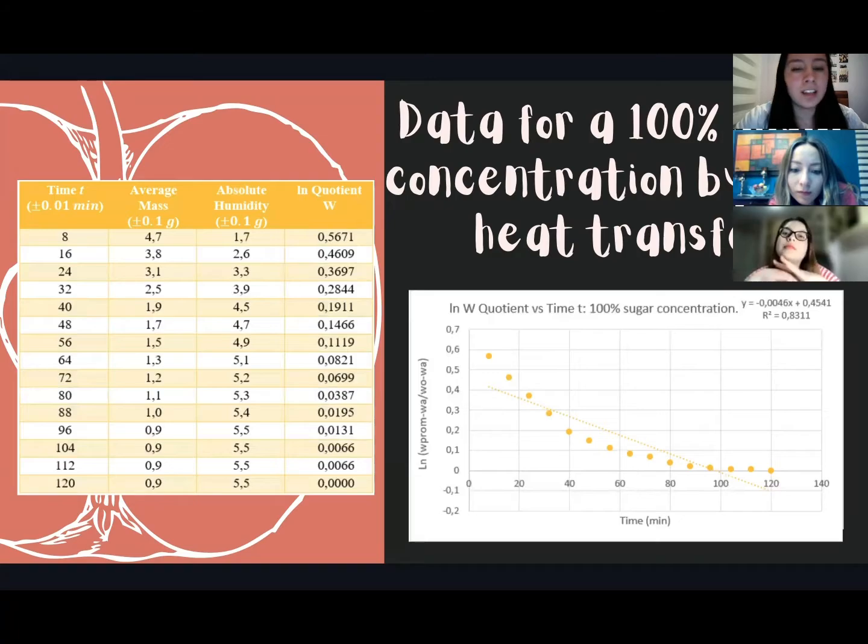Just as in the other cases and as we described throughout this, the mass has increased as well. Based on the graph obtained, it can be observed that to some extent it has a linear trend with a correlation value of 0.8311, which, despite not being so close to 1, also does not go so far. This discrepancy is due to possible errors in conducting the experiment due to external factors, as we are doing this